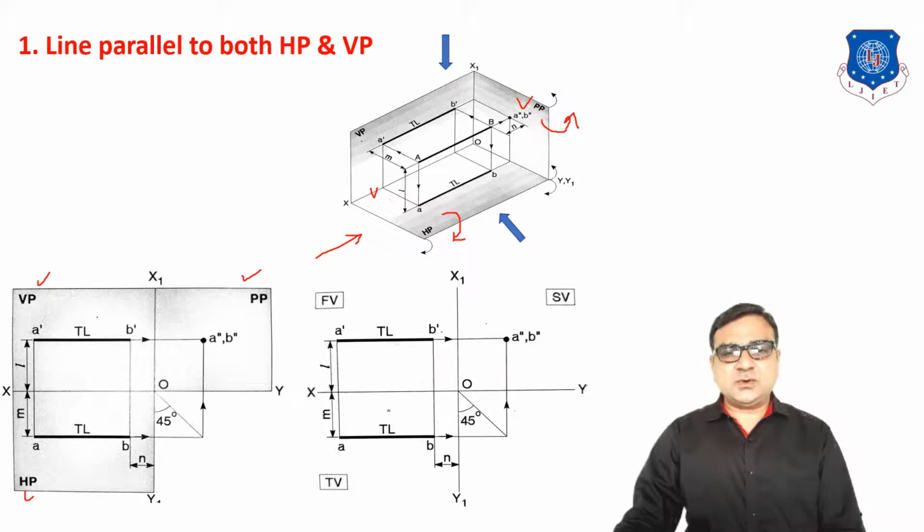Now, once you know the front view and top view, how do you draw the side view? XY and X1 Y1 have an intersection point. From the intersecting point, you draw one line inclined 45 degrees to the horizontal, or you can say to the vertical. On this line, we extend the projection of the top view up to this line and then draw a vertical line, and extend the horizontal line of the front view. This horizontal and vertical line both intersect at this point. So this is the position for the left hand side view.